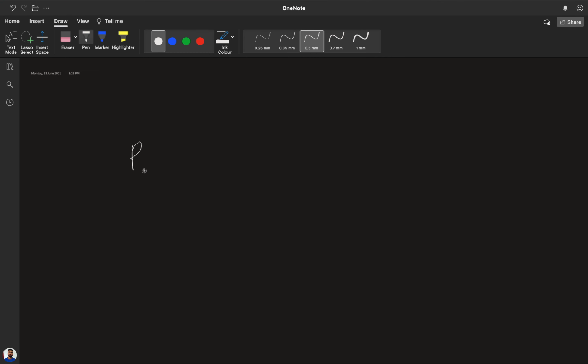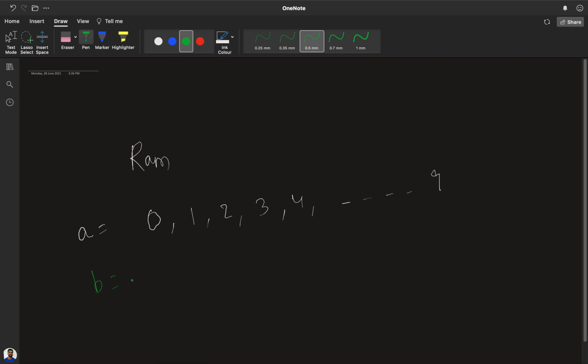Okay, so this means, let me show you. Suppose this is our RAM. Inside this we have the values 0, 1, 2, 3, 4 and till 9, and these are the values of our array a. Now our b NumPy array will also be pointing at this value, at this value, at this value, and so on.